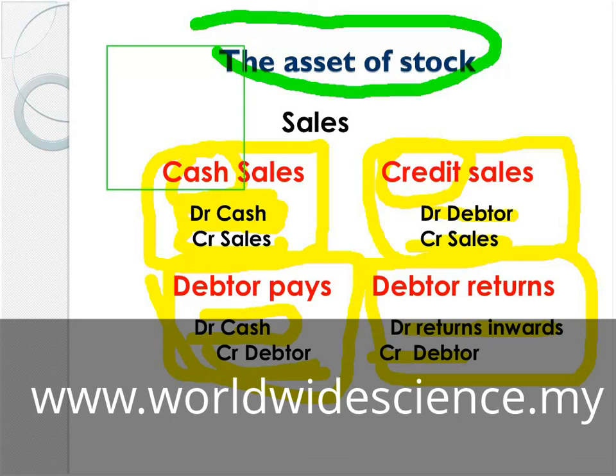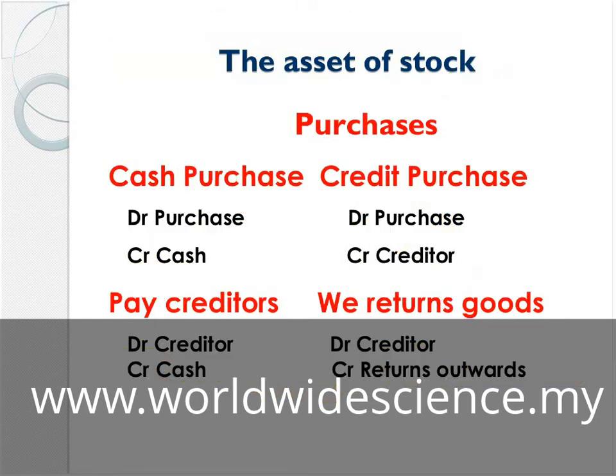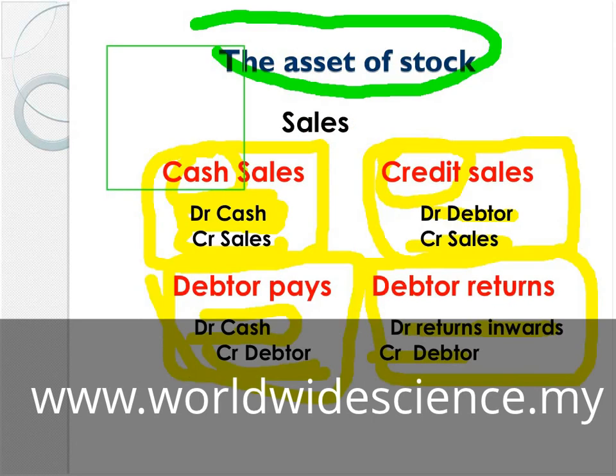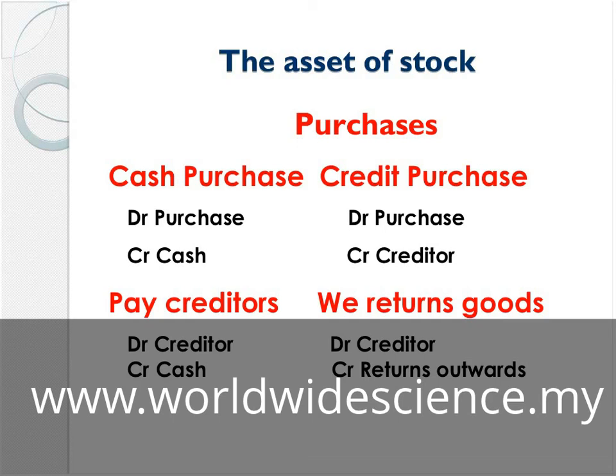So next one, we have asset on stock. So we have purchases. This is when we buy products, before we sell the products. Now an organization which buys products, for example, CR means credit and DR means debit. So purchases here is when we buy products. When we buy products by cash, we show the cash on the credit side. It will decrease, right? Because we are giving the cash